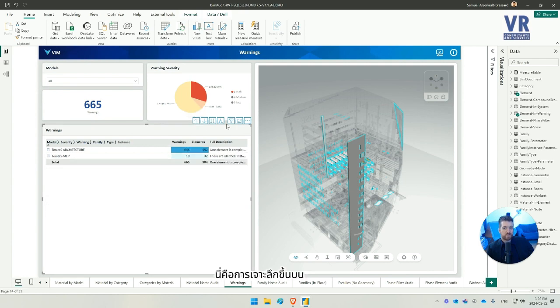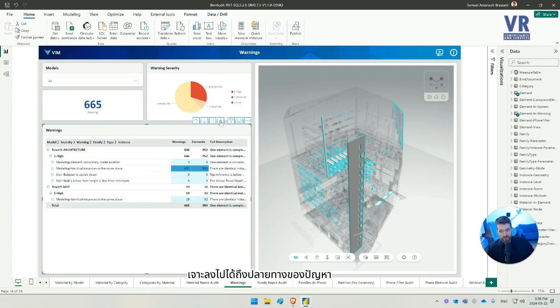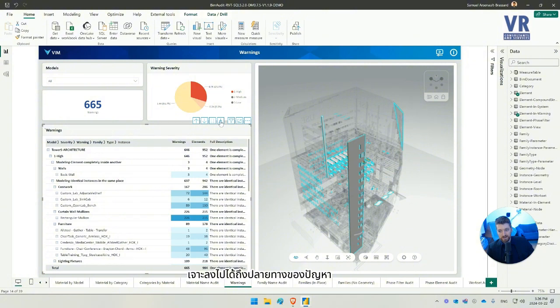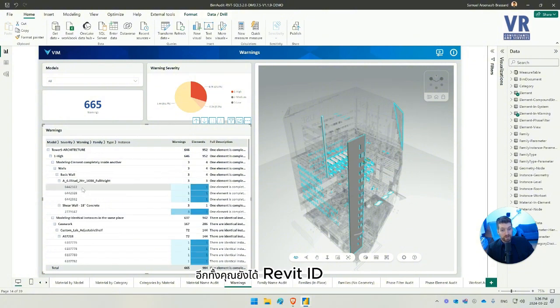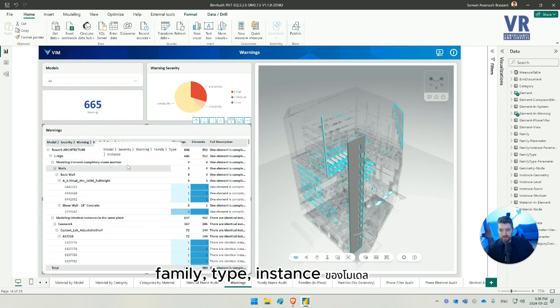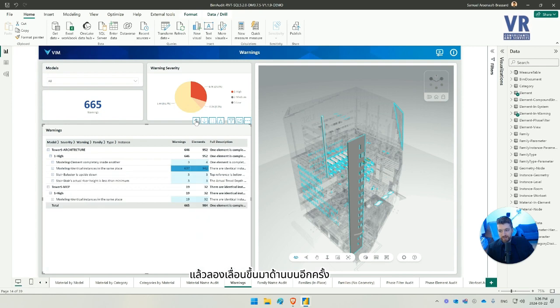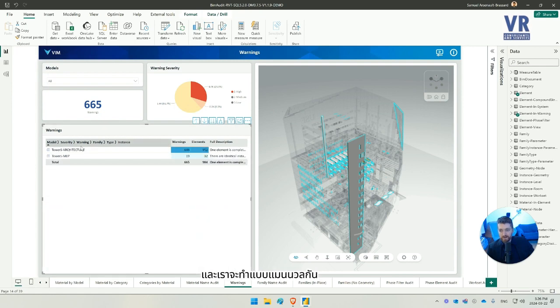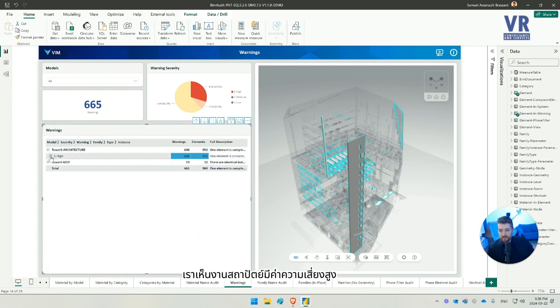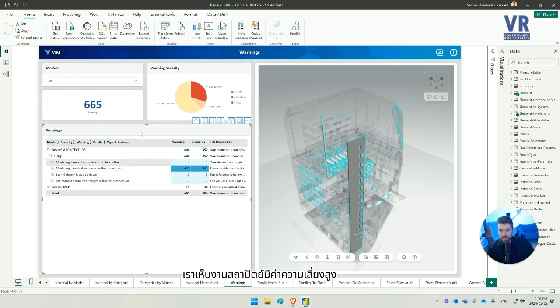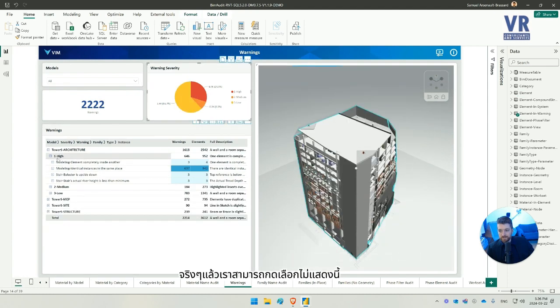This is drilling up, a concept that's very foundational in Power BI. So you drill all the way up, and you can keep drilling down and down and down until at the end you get all the way to the Revit IDs. So we see it here: model, severity, warnings, family, type, instance, etc. Let's drill all the way up again, and we'll do this more manually. So we'll say architecture, high severity problems. Actually, we can unclick this here. So only